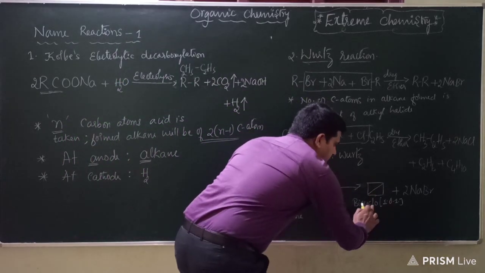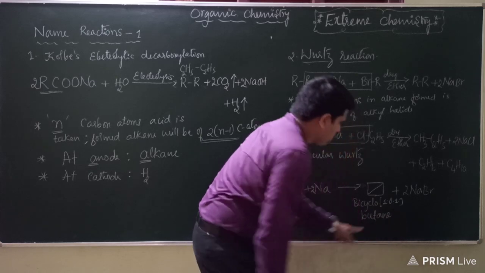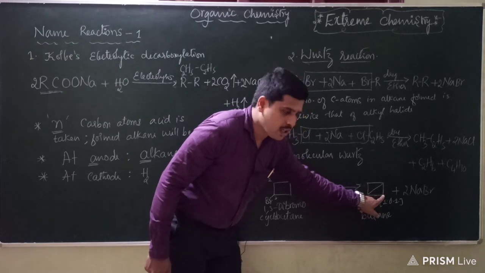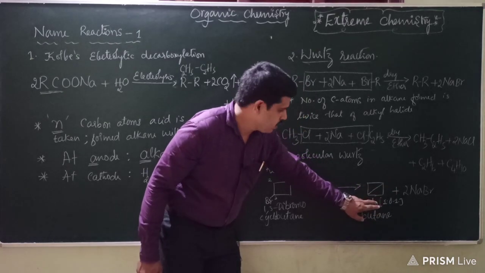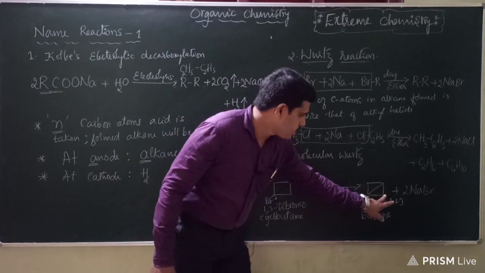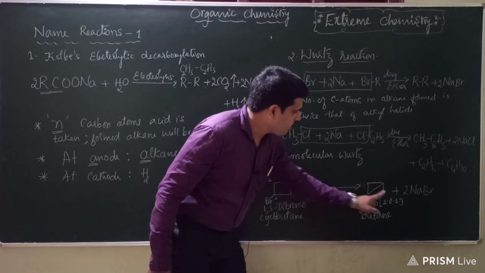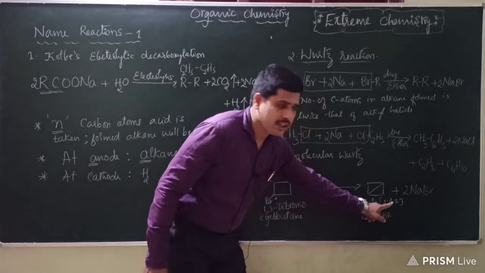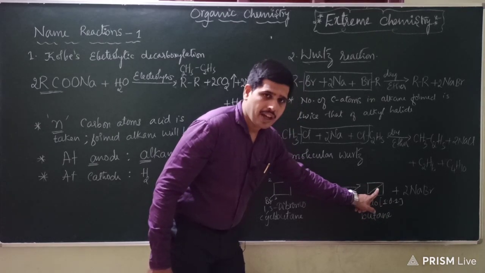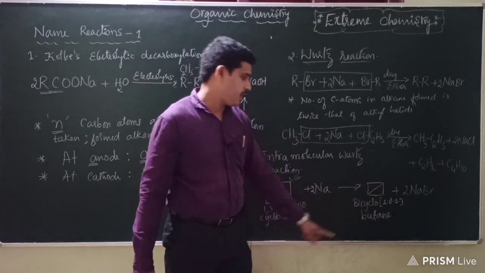What is this compound now? Bicyclo, already written, butane. So what do these numbers stand for? 1 stands for the number of carbon atoms present in one of the bridges, so that is here. So these two are bridged carbon atoms, you should not count. So only one carbon atom is there in one bridge, therefore 1. The other bridge also has 1, so you have written 1. And at the center you have written 0 because the two connected carbon atoms here, in between them there is no other carbon atom. So in the bridge there is no carbon atom, therefore 0.